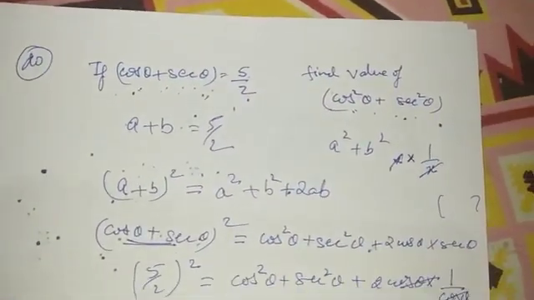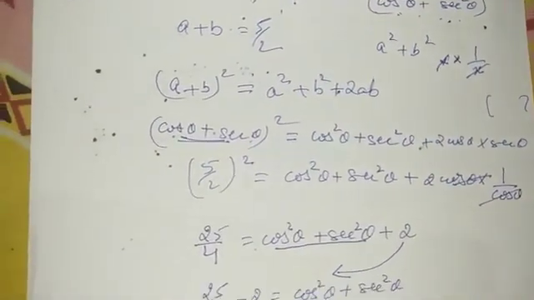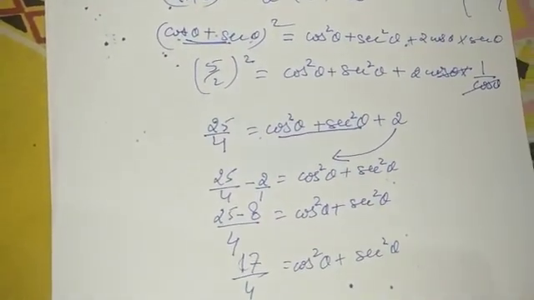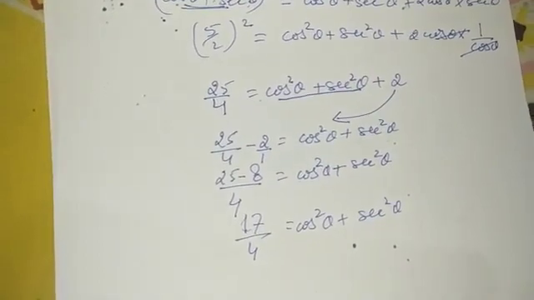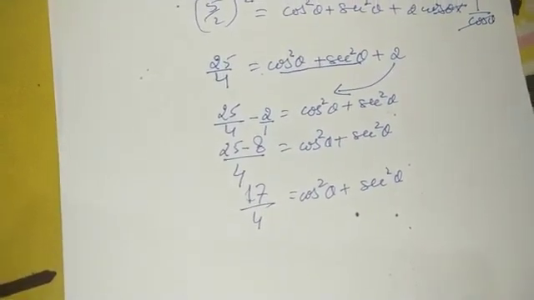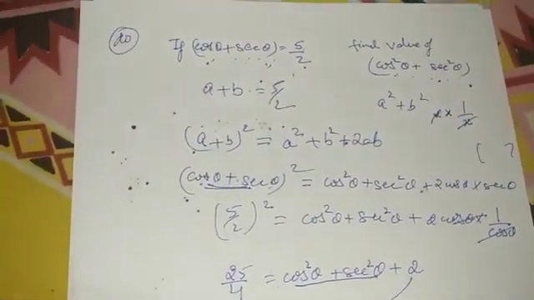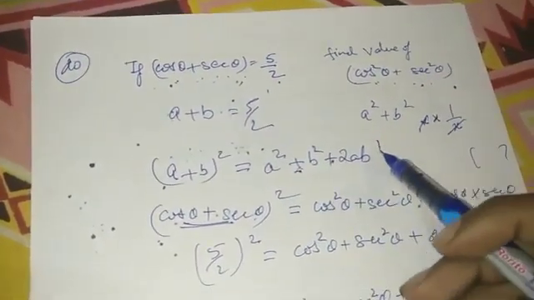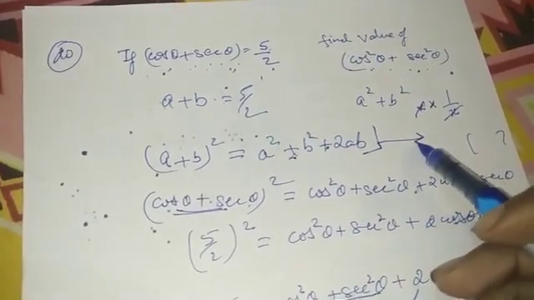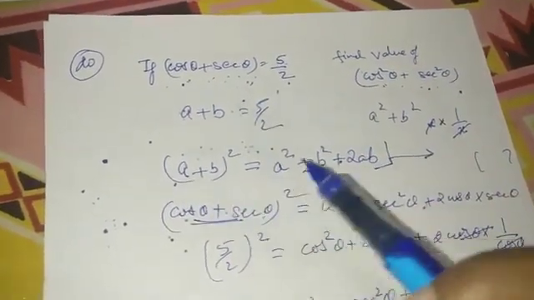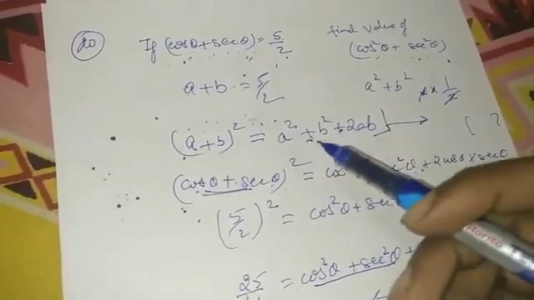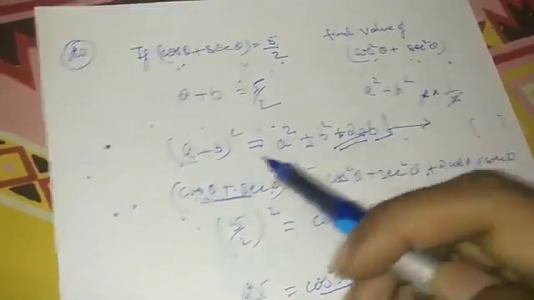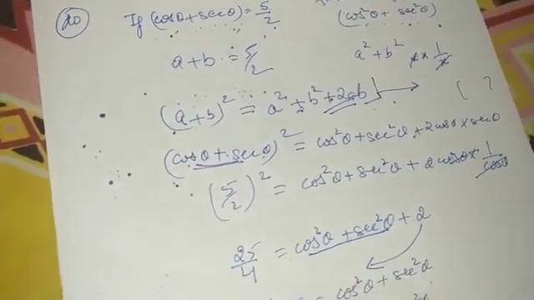You can go through from the starting so that you can cross check if you have already done, and if you have not done, you can go through each of the steps properly to understand the solving part of this very question, or whenever we come across such a type. But always remember, either you write down over here or this algebraic identity needs to be written on the right hand side. You cannot directly expand and do. If you expand without showing the algebraic identity, you are going to lose marks. So showing this identity is very important. All right, okay, let's continue.